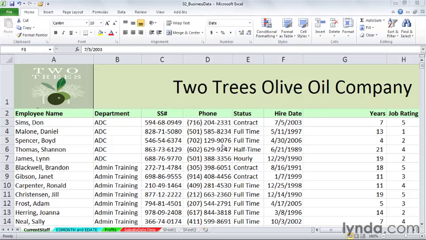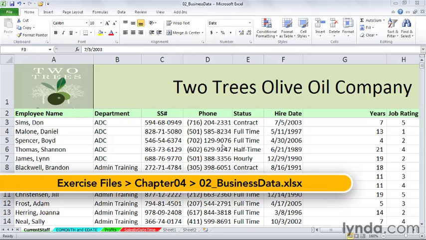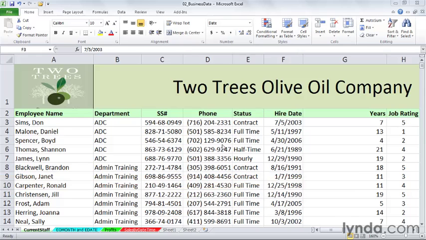A common need when working with date data, particularly hire dates, birth dates, and anniversary dates, is to come up with a quick way to calculate the amount of time elapsed between, for example, a hire date and today's date, or a birth date and today's date. In column F are various hire dates in this list of some 700 names, and in column G is a